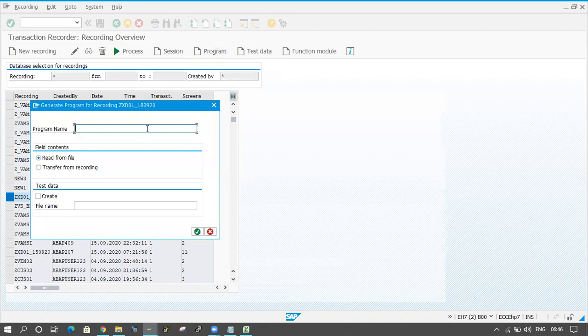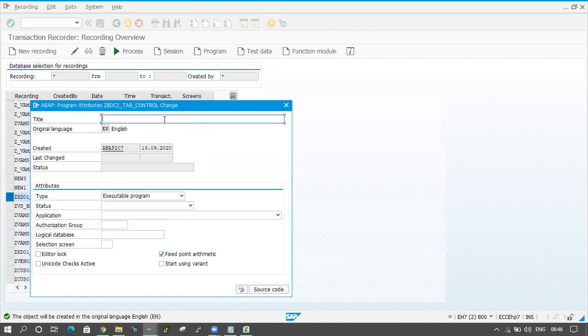Provide a program name. ZBDC_2_table_control. This is the program name. Click on the OK button.